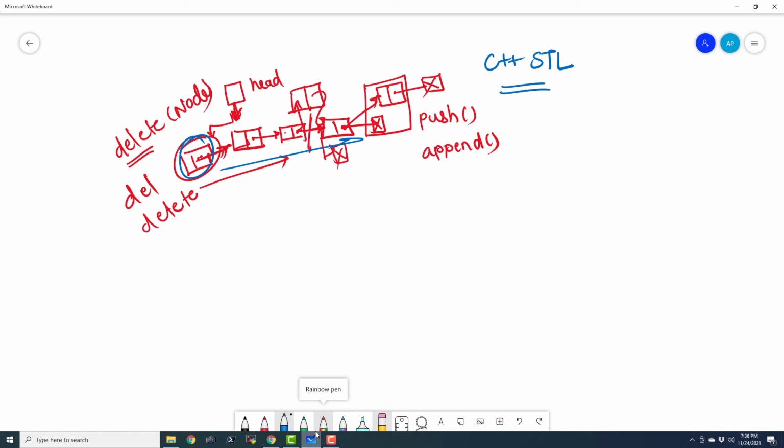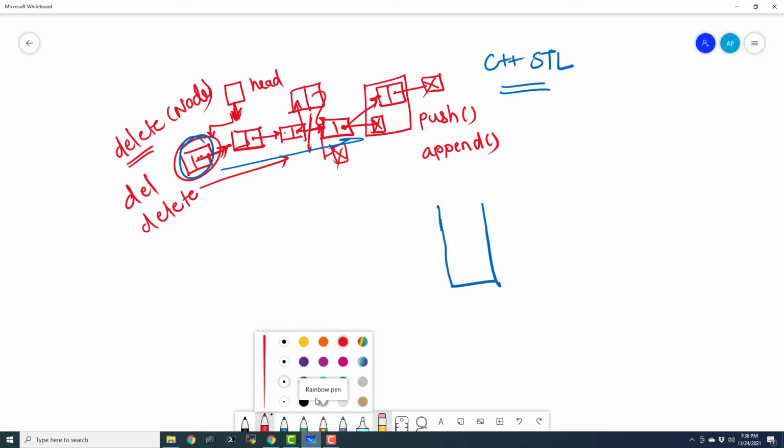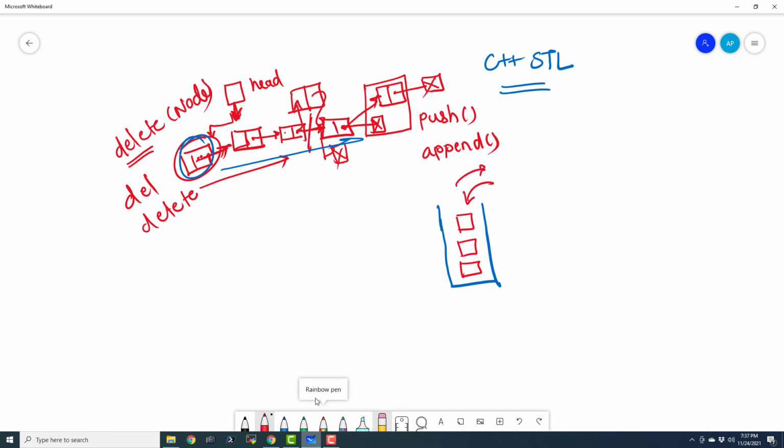So now what we are going to do is see what sort of other data structures can be created using a linked list. We are aware of stack, and I'm going to create another detailed video explaining the stack data structure. So stack is actually a one-ended data structure. It has got only one open end, and we can perform operations only on one end. We can insert data on that and we can pop the data from that.